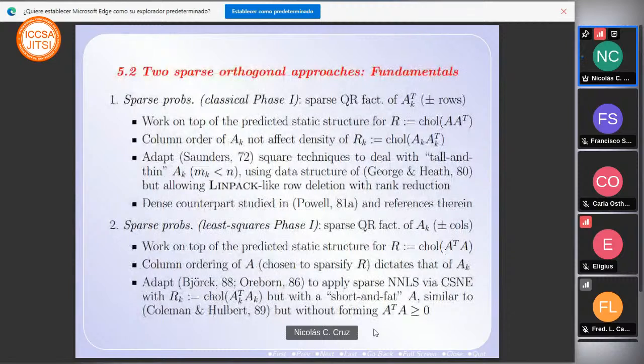This is the different sparse solution we gave several years ago. The first one is an adaptation of George and Heath's 80s work to this structure, using the methodology of Professor Sanders from '74. And the second one, the most promising one, is the one in which we try to adapt